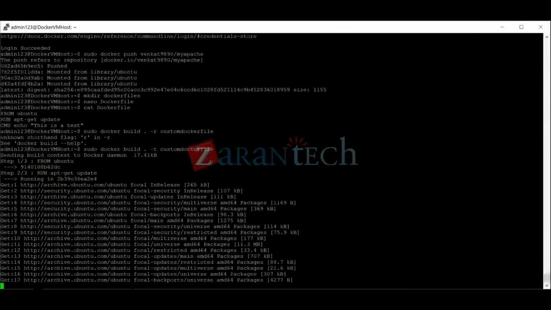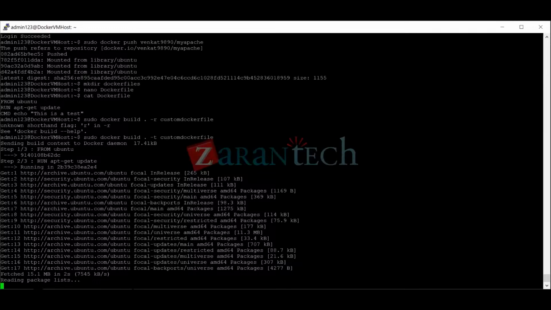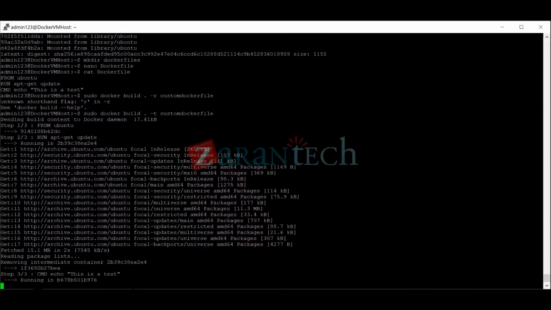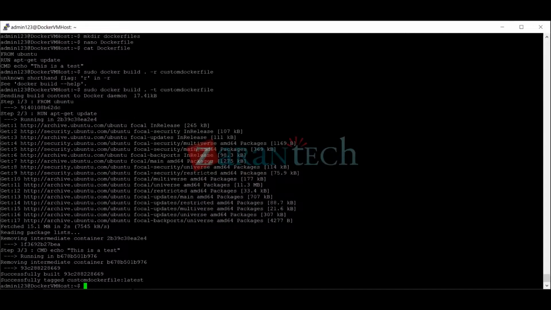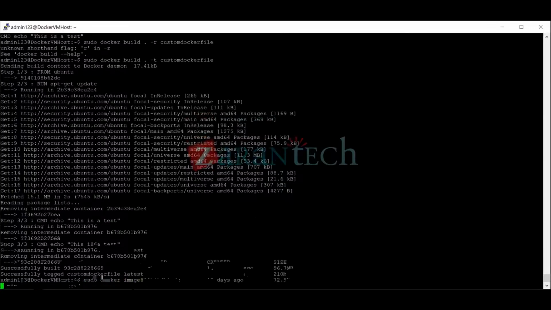See, it is running. You are able to see here, right? So FROM ubuntu, step 1 of 3. Step 2, RUN apt-get update. Now the third step is running, right? So successfully built, running, CMD echo this is a test. So now if I go for sudo docker images, I will have my custom Docker image ready. Now I will run this, sudo docker run,